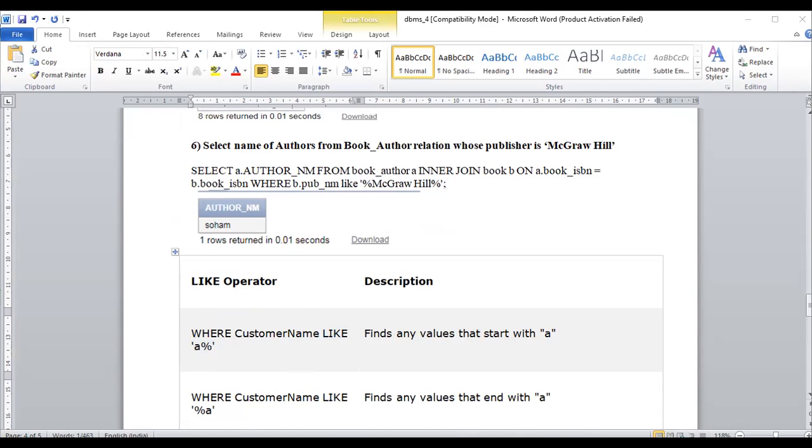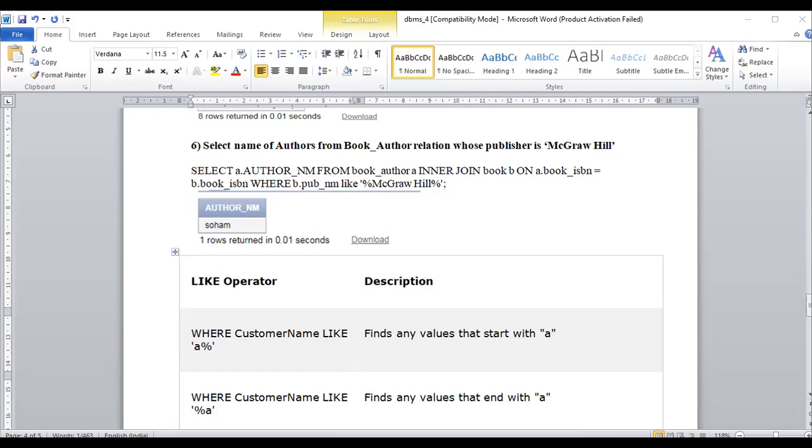Basically, the like clause is used in SQL to match a substring. Remember, the like operator is used in the where clause of SQL to search for a specific pattern in the column.